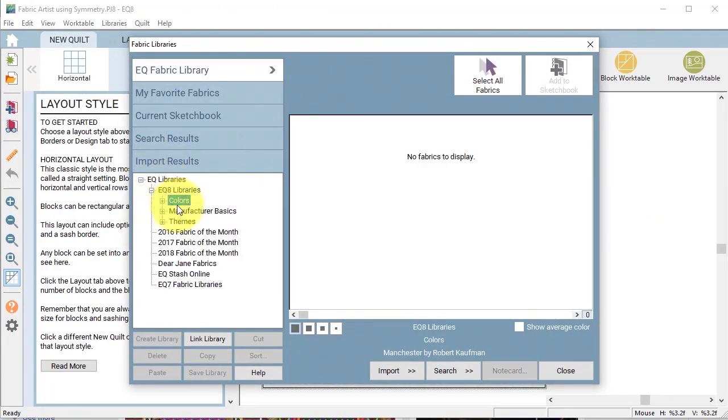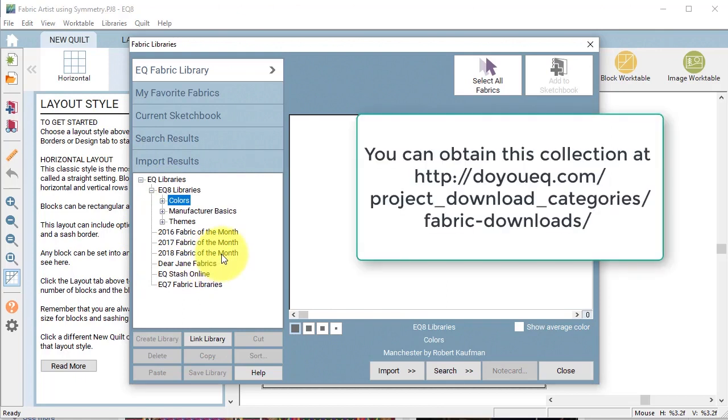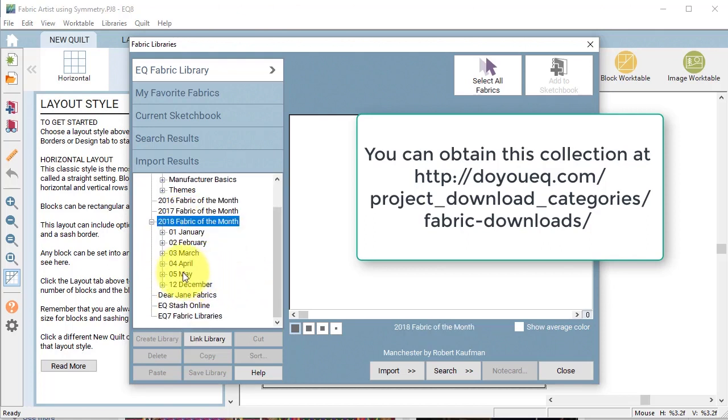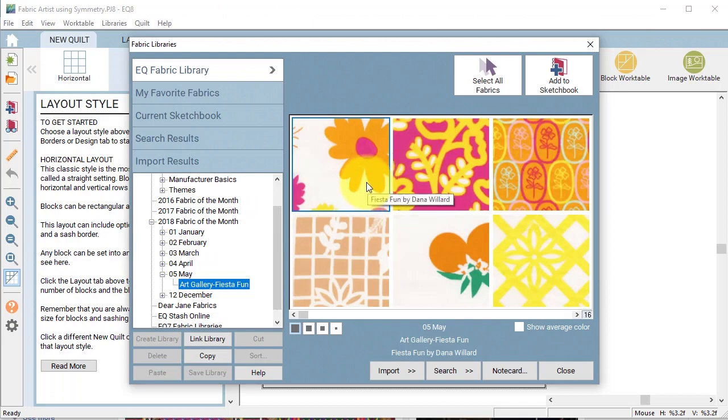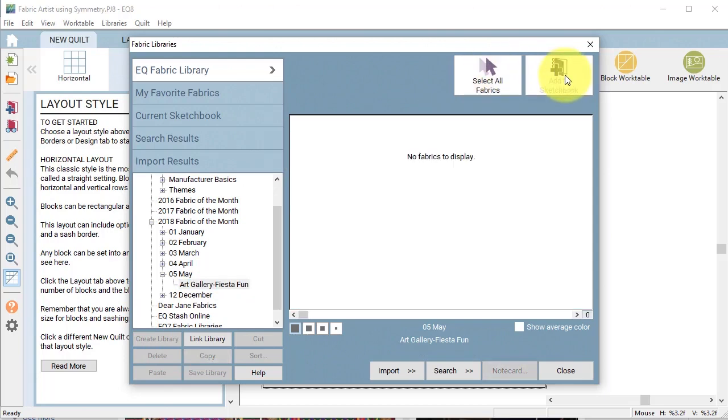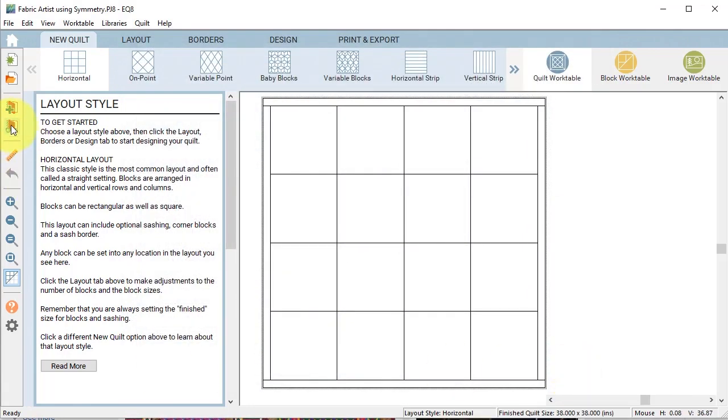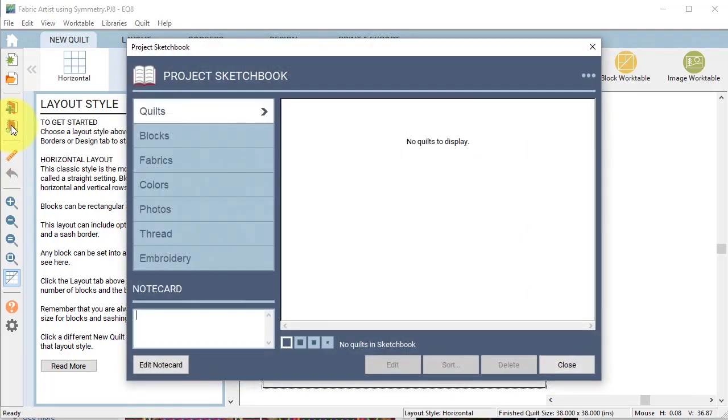And I always like to import the Fabric of the Month collections, and so they're in my EQ8 library. I'm going to double click on that and I'm going to select the May one, which has a collection from Art Gallery called Fiesta Fun, and I thought this would be a great one to work with. Once I've done that, I'm going to select all fabrics and I'm going to add to Sketchbook, and I can close my fabric library. Now I'm going to view my fabric sketchbook, and I'm going to go to the Fabrics